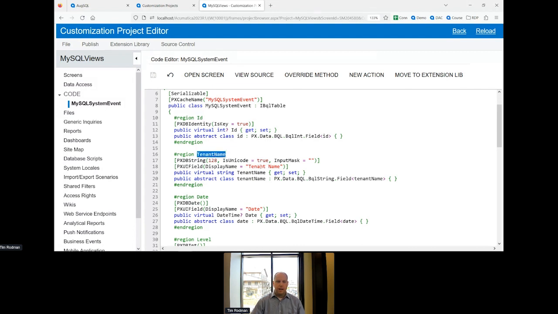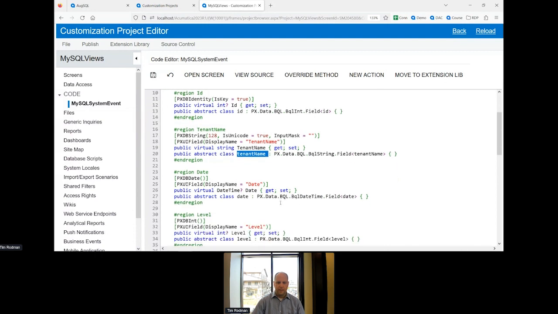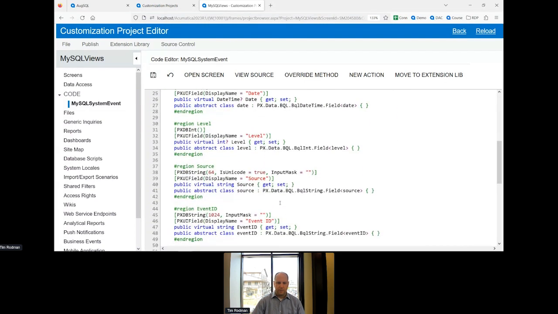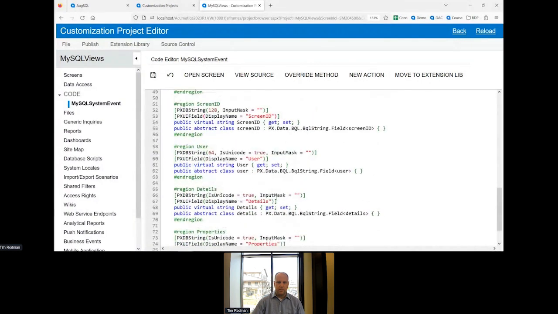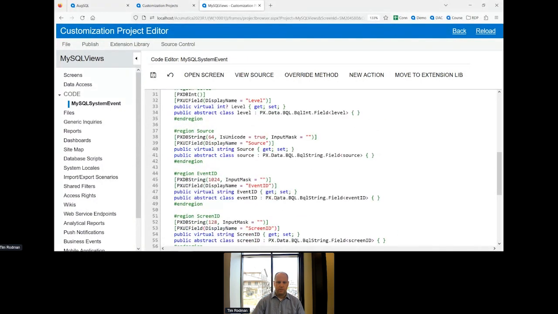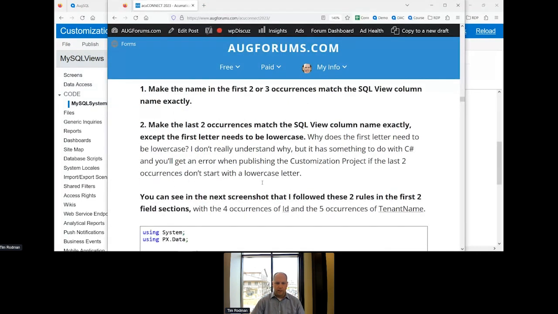So by doing that, I get rid of spaces. Like you see, for some reason, it put the space here. I just want this to match this, to match this. And then these match exactly the same, except the first letter is lowercase. I think we got everything else. Looks fine. Oh, I'll remove the space from event ID and screen ID, user, properties. That all looks good. All right, so then